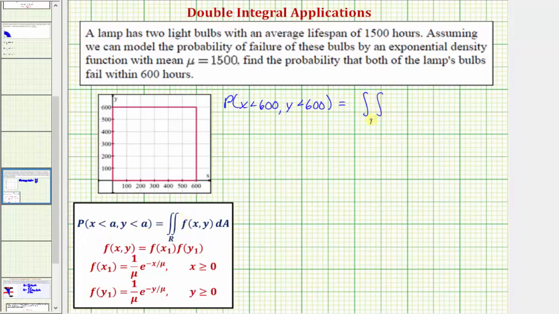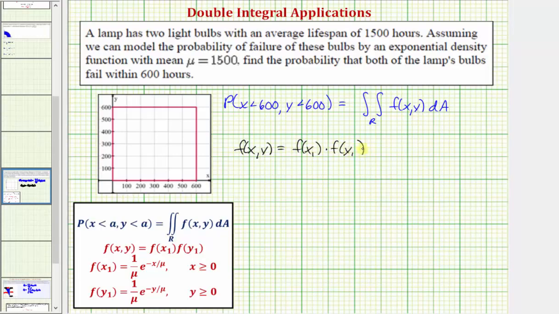over the region R of f(x, y), where f(x, y) is equal to the product of f(x₁) and f(y₁), where both of these are the exponential density function shown here, where in our case, mu, or the mean, is equal to 1,500. So again, f(x, y) is going to be equal to f(x₁) times f(y₁),